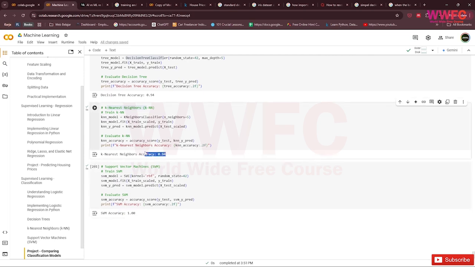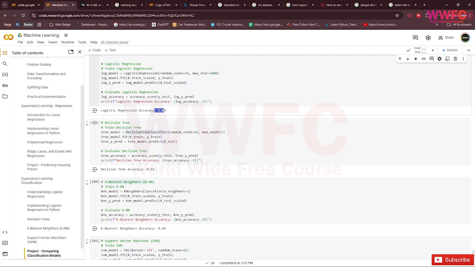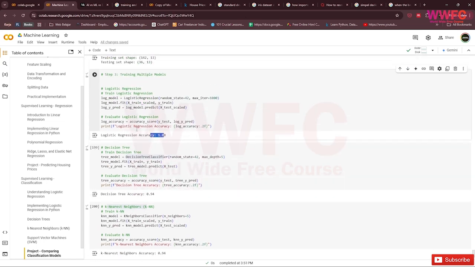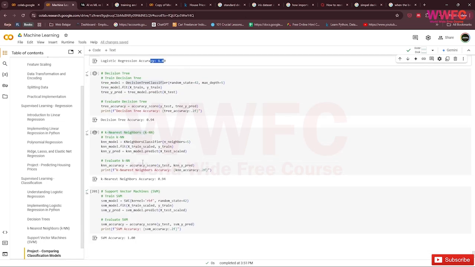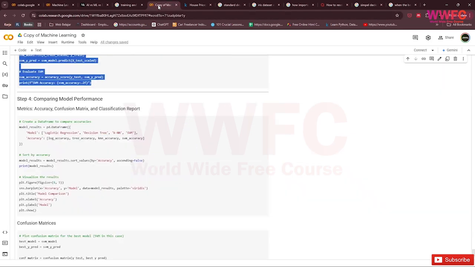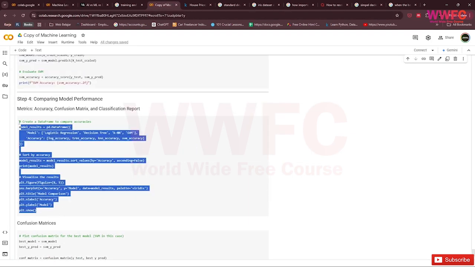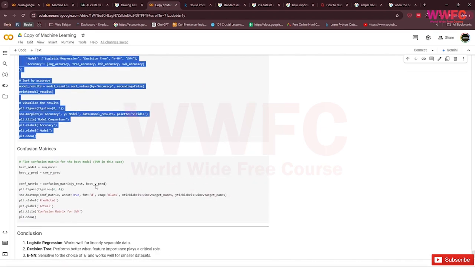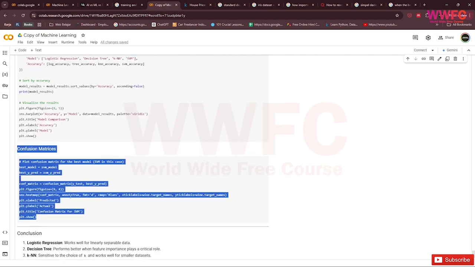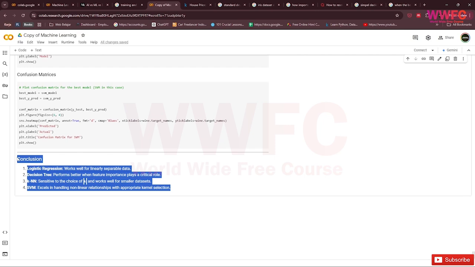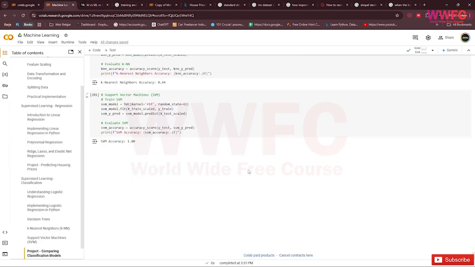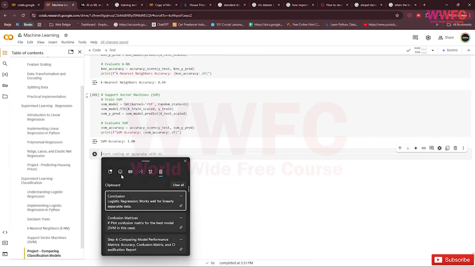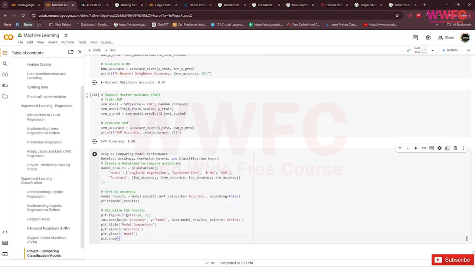So there's an accuracy for each. The differences in accuracy between logistic regression, decision tree, KNN, and support vector machine. So we want to check by comparing the models. So we can see here, step 4 is comparing the models by accuracy, confusion matrix, and classification report.